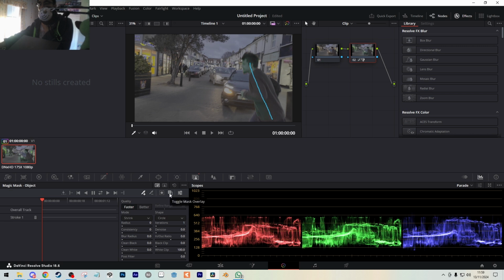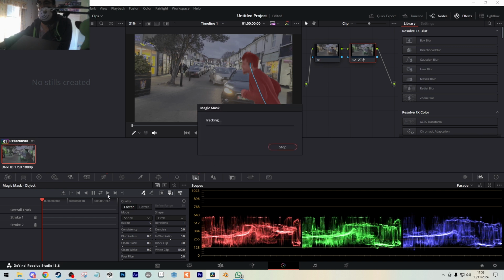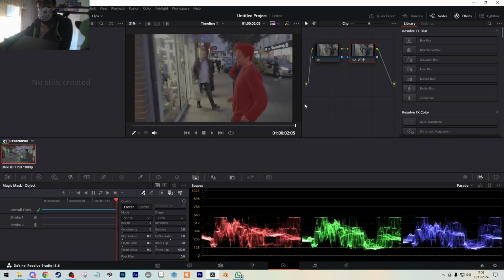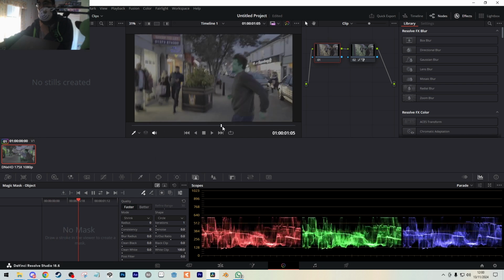If we check on this one, toggle mask overlay, and it kind of overlays. Oh, that leg's not in there, so I need to draw a stroke on. And if I press play, it will track the scene for us, and it does a pretty good job. It does a little bit of here, but it does a very decent job. And I can keep my guy perfectly green, whilst keeping the rest of it as